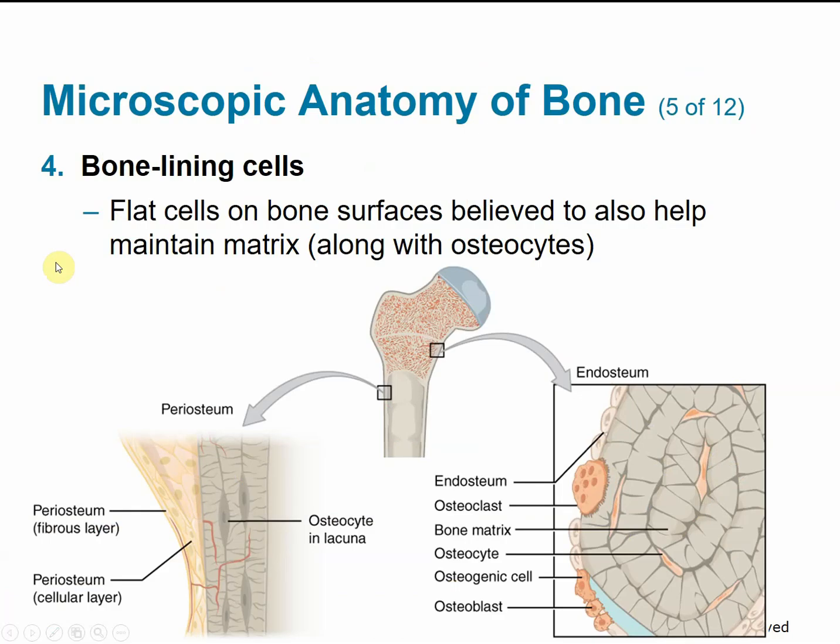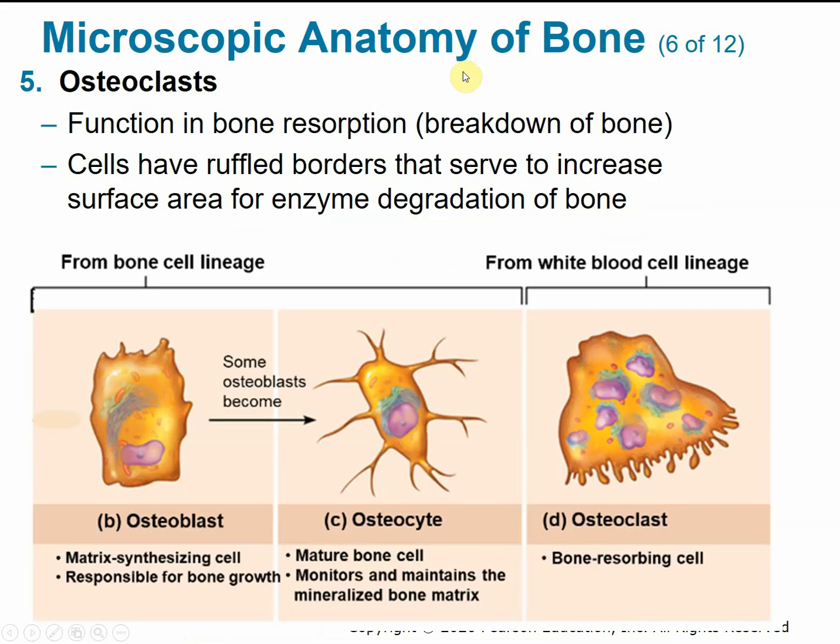The bone lining cells are flat cells on the surface that maintain the periosteum and the endosteum. So we said the periosteum was lining the outside of the bone surface. The endosteum is going to line the internal cavities of the bone. Osteoclasts function in bone breakdown or resorption. So again, whenever you see clast at the end of the word, then we're dealing with a breakdown cell. So these osteoclasts have kind of this ruffled border just to increase their surface area for their enzymes to break